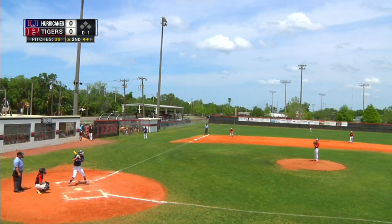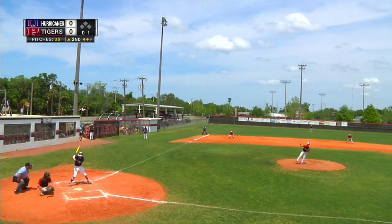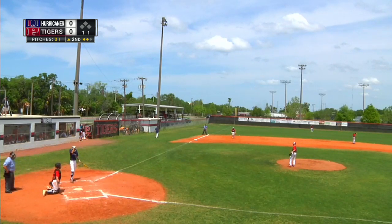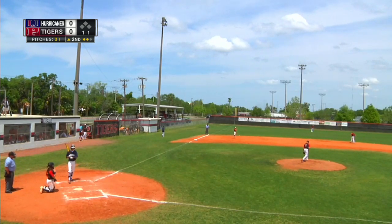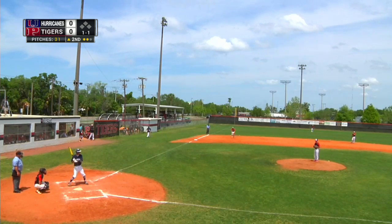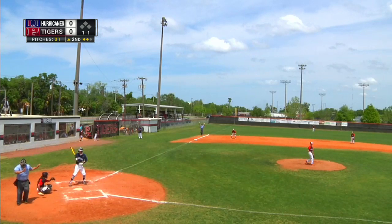Trace gets the first ball over for a strike, and the windup, and Trace brings a fastball. That one's the first one that's been really outside, but I think he's trying to get the batter to chase one that maybe he wouldn't normally want to take a swing at. So with the count 1 ball and 1 strike, Trace goes for it from the windup, and time is called